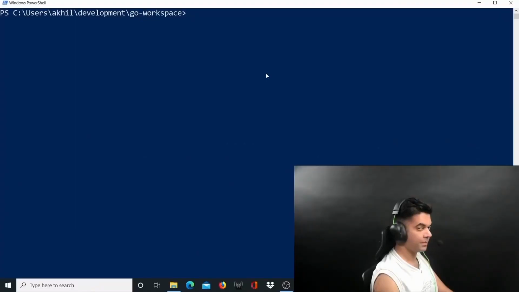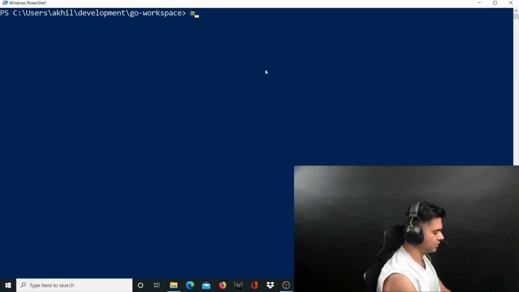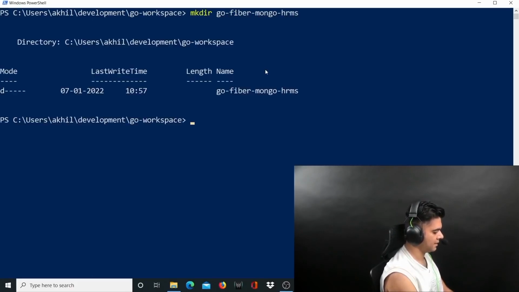As you can see, I've opened up my terminal now. I'm using PowerShell on Windows for this project. And it doesn't matter how you've set up your Go path or how you've installed Go. We'll be using Go mod, and that means that we can have the project anywhere, and Go mod will handle the dependencies for us. So I'll create a new directory for myself for this new project. I'll call it Go Fiber Mongo HRMS, and I'll cd into it,